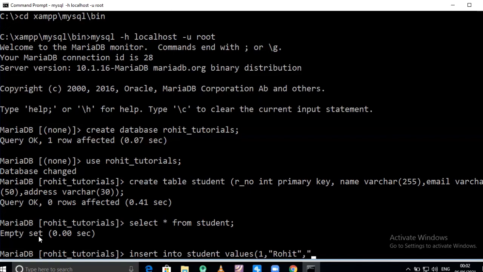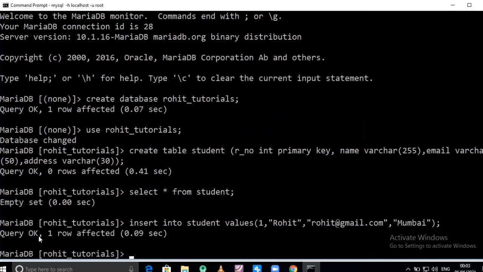It is also in double quotes because it has the data type varchar: rohit@gmail.com. Double quote complete, comma. Again address. Address is suppose Mumbai. Circular bracket complete, semicolon, press enter. Okay, first record is inserted.